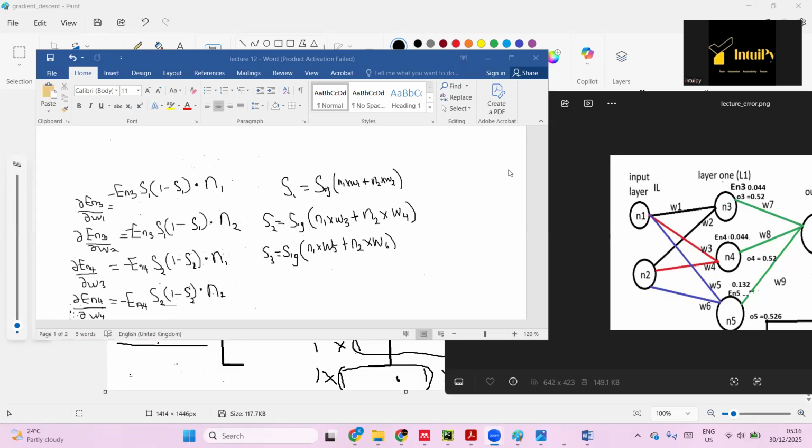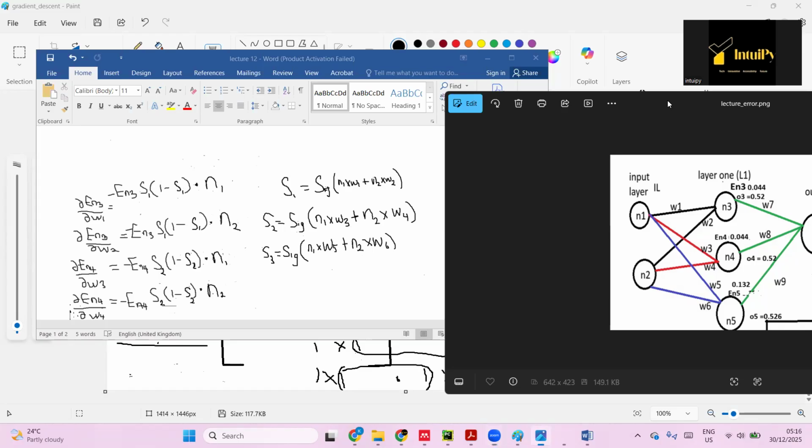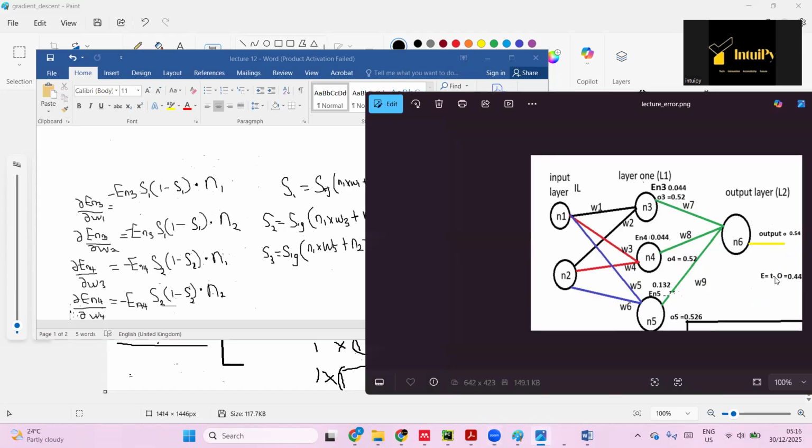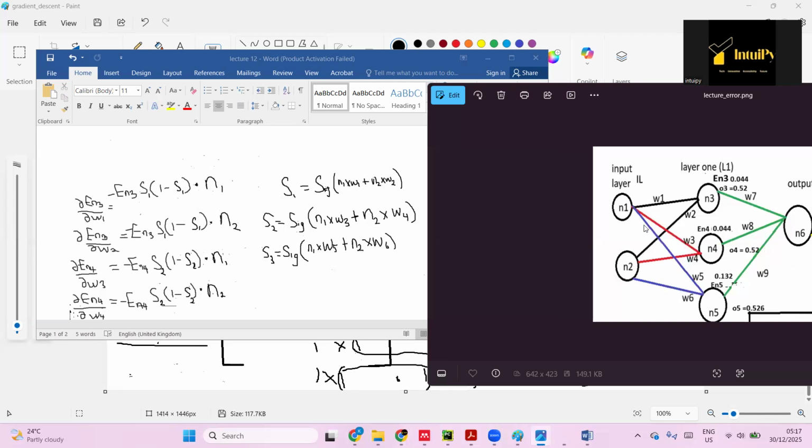So earlier we calculated how much to adjust these weights with respect to the output error here. Based on this output error, we calculated how much to adjust W7 with respect to that error, how much to adjust this with respect to that error, and also how much to adjust W9 with respect to that error. So the next task ahead is to also see how much to adjust these weights with respect to the errors